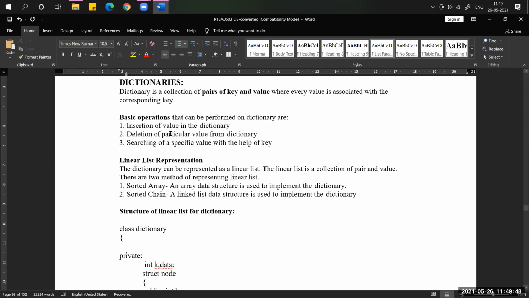Deletion, in the sense, is based on the key value only. Based on the key value only, you can delete particular key data. For example, if I delete one student's details belonging to roll number 501, the student having roll number 501, I want to delete the details of that student.